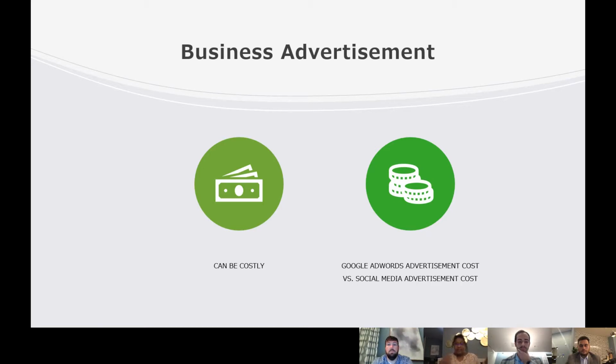Whether it be through online advertisement or social media advertisement, attempting to expand a business through a branch of advertisement can be costly. For example, Life Church spends on average about 3.4 cents on a Google ad. To advertise their business on social media, Life Church spends on average $1 per click.